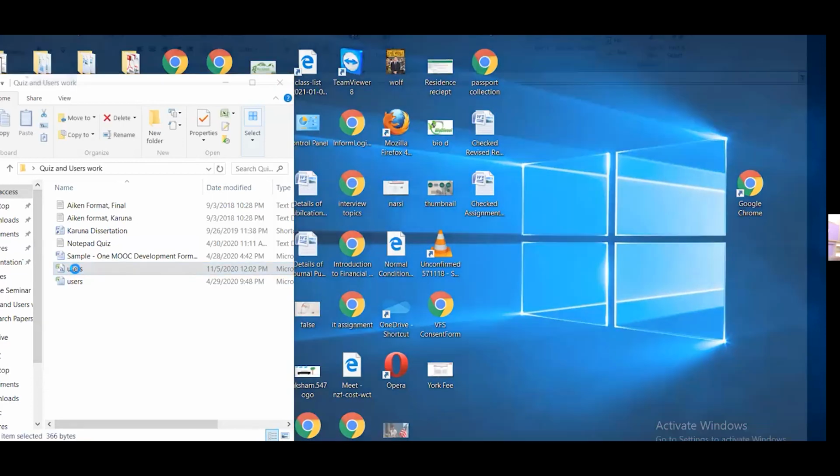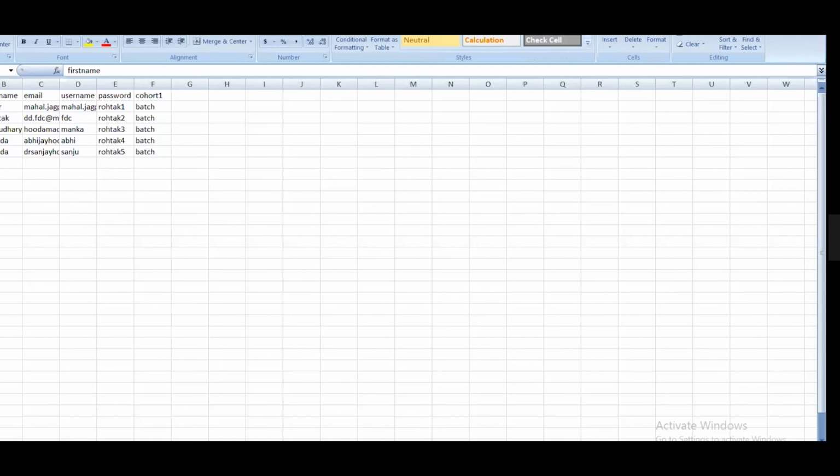You are to fill first name, last name, email, username, password, and the batch or cohort.